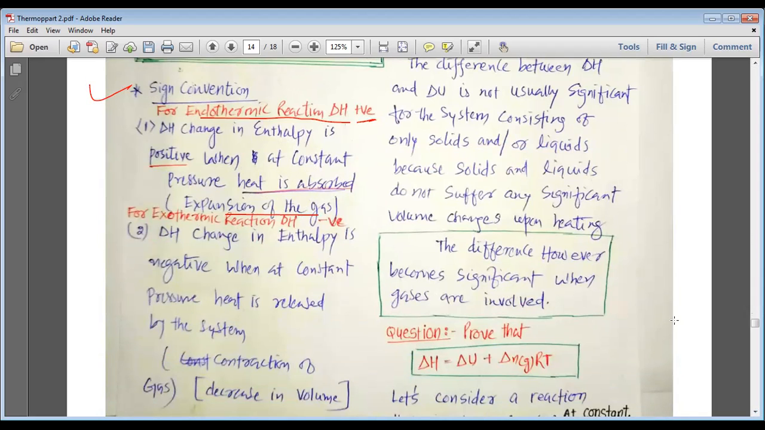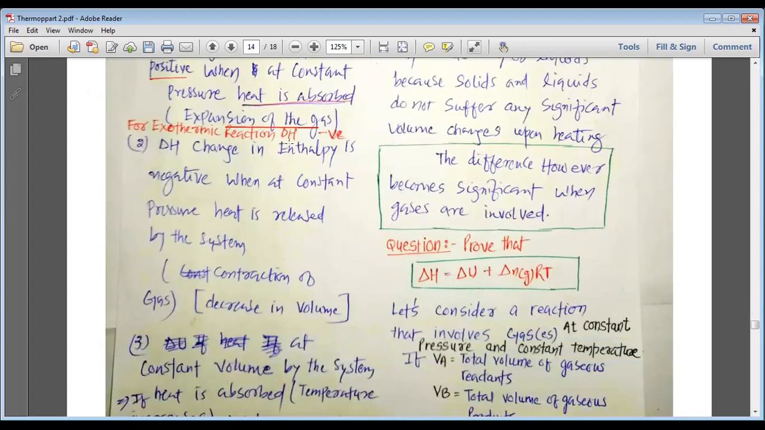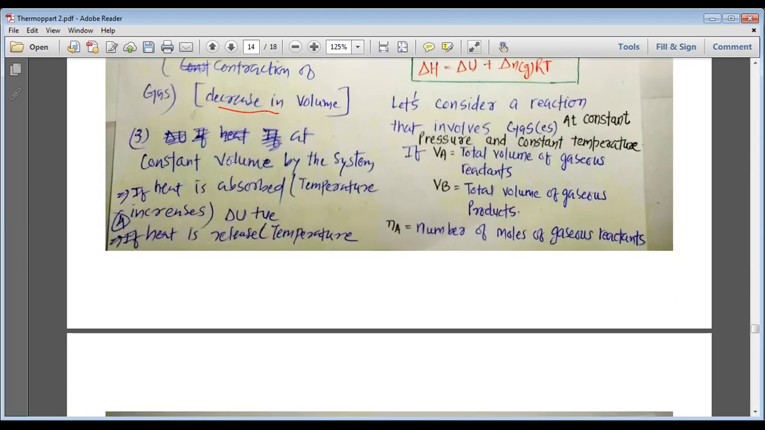In the same way, my dear students, for an exothermic reaction, the value of delta H is negative. Delta H, the change in enthalpy, is negative when at constant pressure heat is released by the system, or there is a decrease in the volume of the gas, or there is a contraction in the volume. Third point, at constant volume by the system,